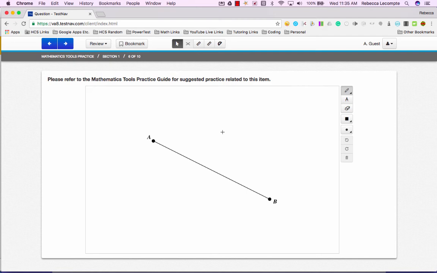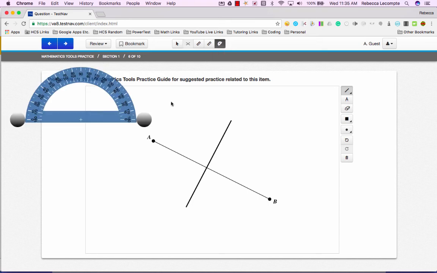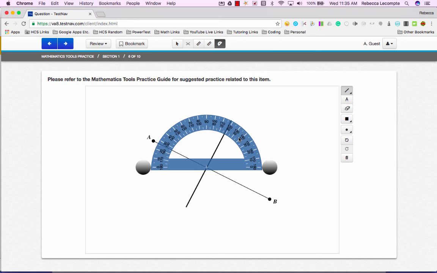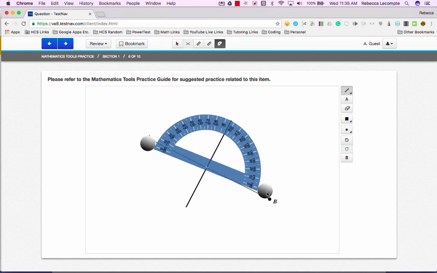Number 6 in the set is a chance for students to practice drawing parallel and perpendicular lines. If they use the straight edge tool, up here, you can have them practice drawing a line that is parallel to AB or a line that is perpendicular to AB. Furthermore, you can have them click on the protractor to check and make sure that their line is perpendicular. Looks like I did okay, but it looks like my angle is about 89 degrees instead of 90, so I